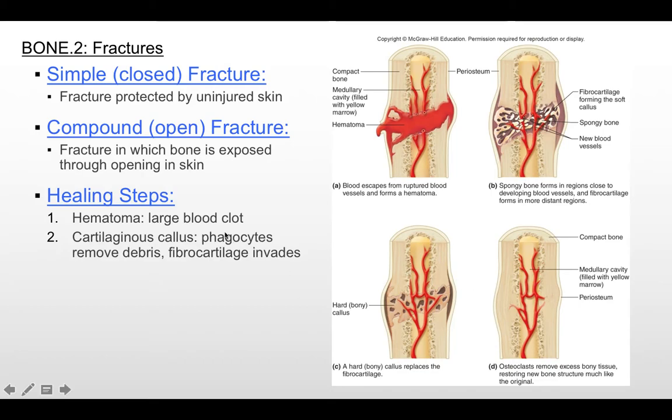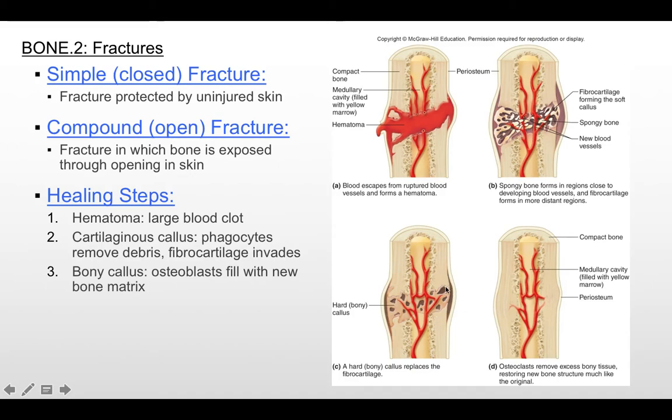So as the phagocytes go in there and remove the cartilage, remove the debris, you have cells just like osteoblasts, but they're capable of building cartilage instead. So you build a cartilage callus. Over time, eventually, you'll replace that cartilage callus with a bony callus, and that's, of course, done by our bone-building cells, the osteoblasts. So they'll go in, they'll fill in that solid bone matrix, and they'll kind of overdo it